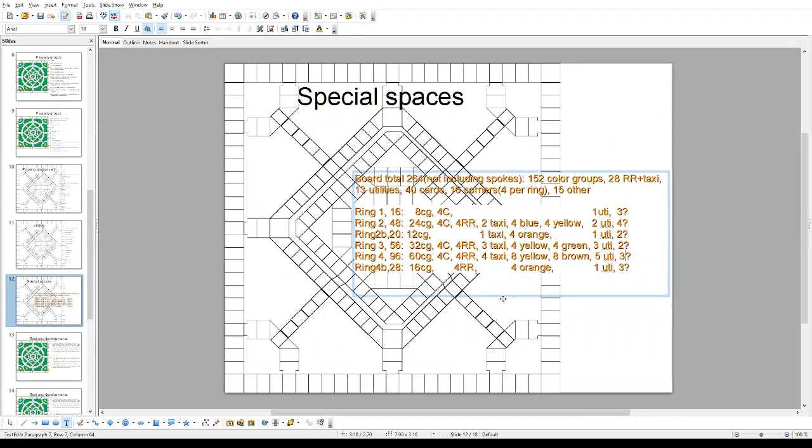Yeah, we start with 96 on this one. 36 minus 4, minus 4, minus 4. So we're down to 24 already. I mean, but yeah, then we have 8853, which adds up to 24. Okay. And ring 4B has 28, 16 plus 12. Yeah, that adds up. Okay, so the way I have things currently set up,